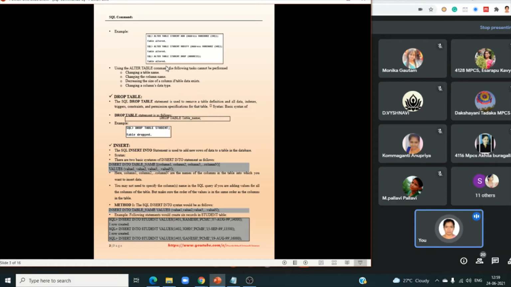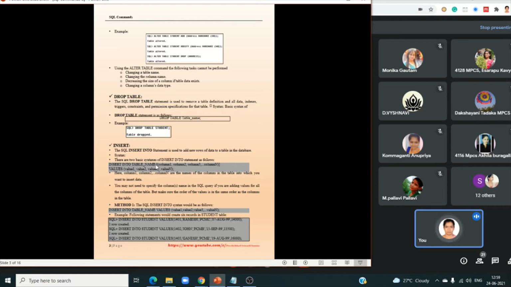Say we have 5 columns. You can insert using all 5 columns, or as your need. If we want to insert only column 1, column 2, column 3 for the data, you can specify only those.